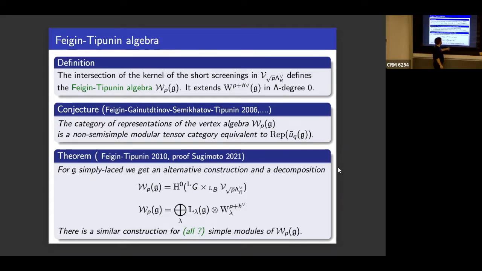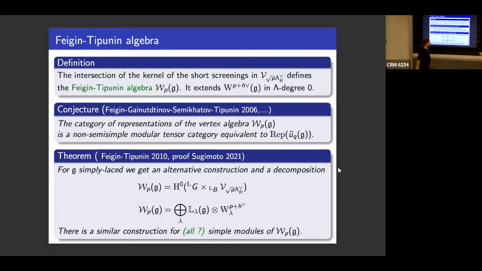Because what these sections mean is that you get all parts of this lattice VOA where the action of the Borel can be extended to an action of G. So when you have an opposite long screening, it turns out you exactly have this on the kernel of the short screening, because you can take some divided power of the short screening in the other direction. So that's somehow the idea. So the sections are exactly filtering out which part has a good G action. That's the point, right? And if not, please add something.